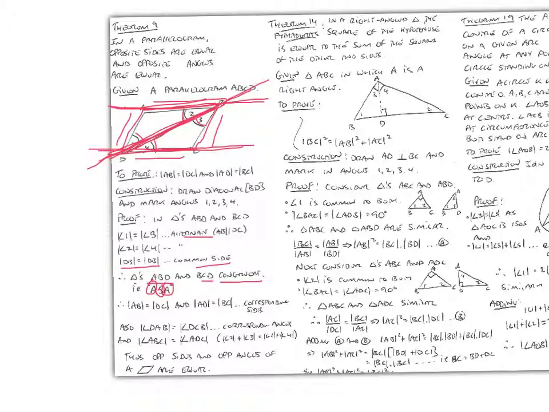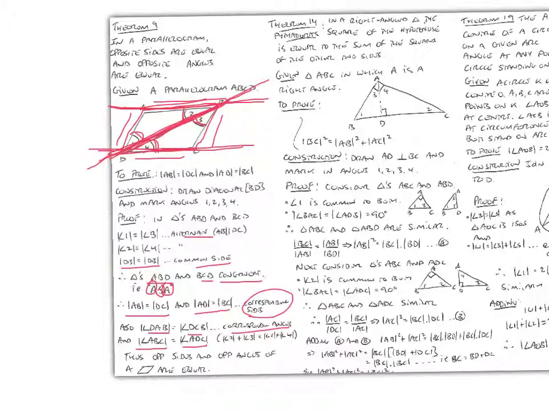Angle side angle, angle side angle. So therefore, when they're congruent, AB must be equal to DC, the sides opposite the equal angles, and AD is equal to BC, corresponding sides. So the angle DAB is equal to DCB, again corresponding angles in congruent triangles, and the angle ABC is